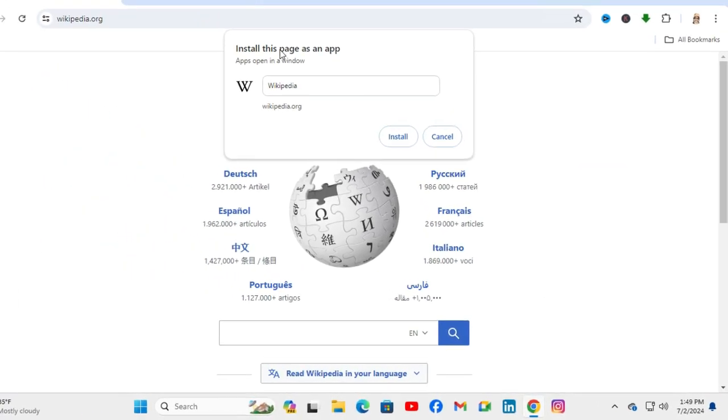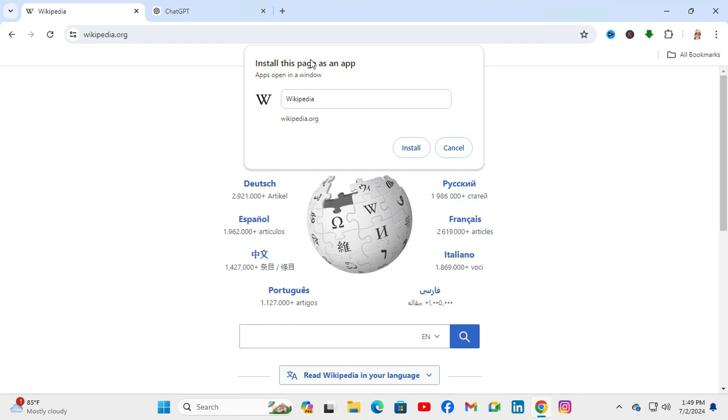Here a pop-up window has been opened, and you will find here the Wikipedia logo, and in the name box you will find the name Wikipedia. If you wish, you can change the name. I'm not going to change. Just click on the Install button here,